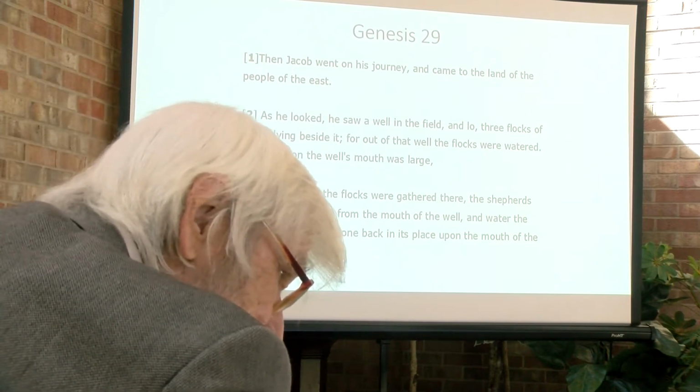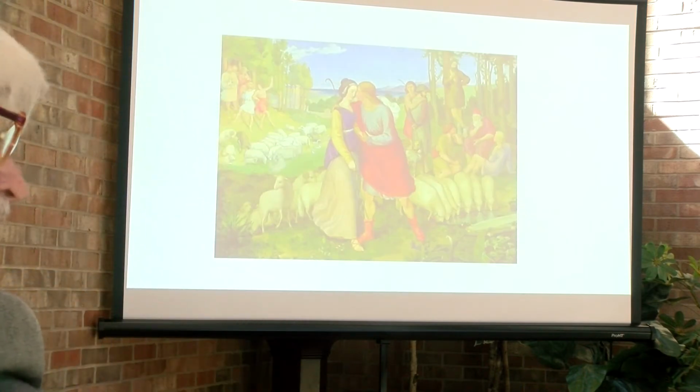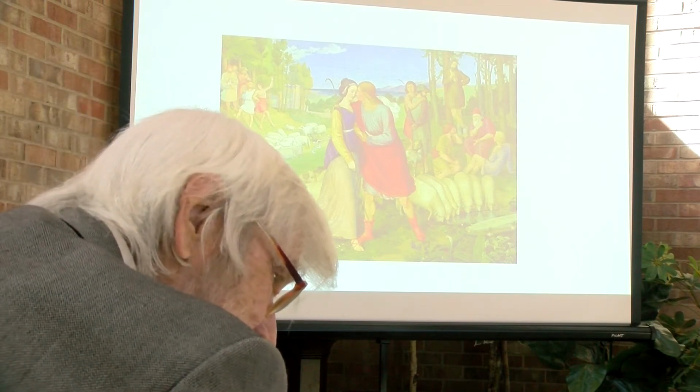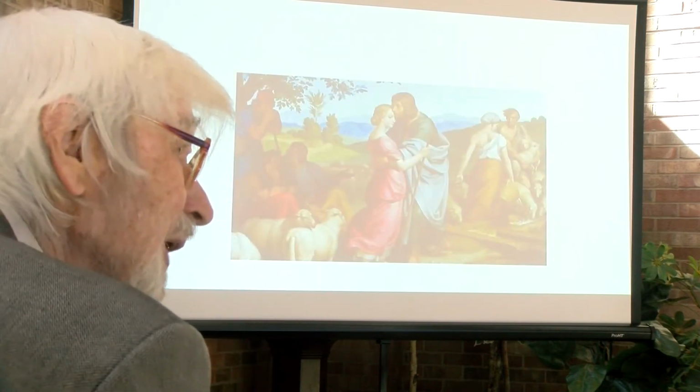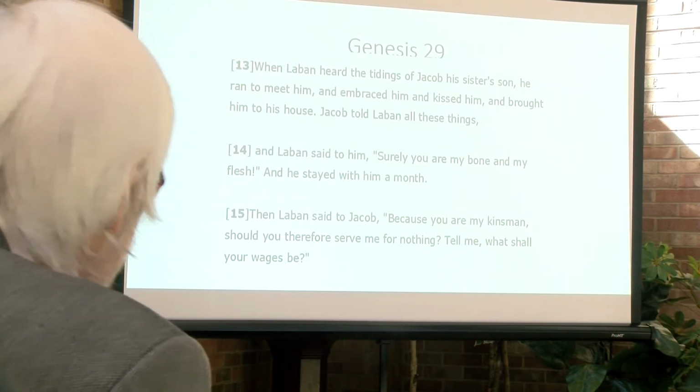Well, this is a good place to go. This is where people are going to come with their sheep. And sure enough, it isn't long before Rachel, one of the daughters of Laban, comes with her sheep to be watered. And what does Jacob do immediately? He falls in love with Rachel. As a matter of fact, when,